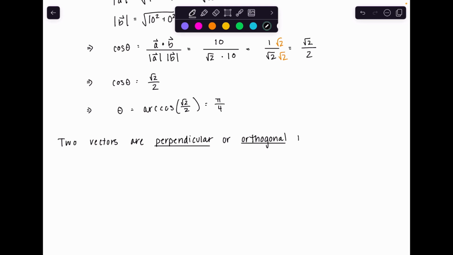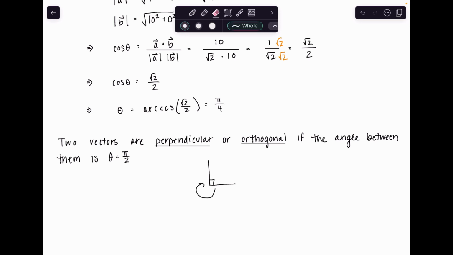If the angle between them is theta, which is pi over 2. Because again, we like the smallest angle. So the only other right angle would be if the two vectors here are this, or it's 3 pi over 2. So they represent the same thing. So we just pick the smaller angle. So the nice thing about this